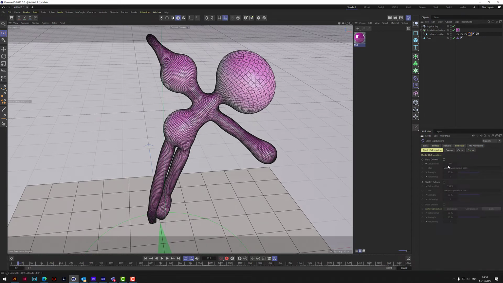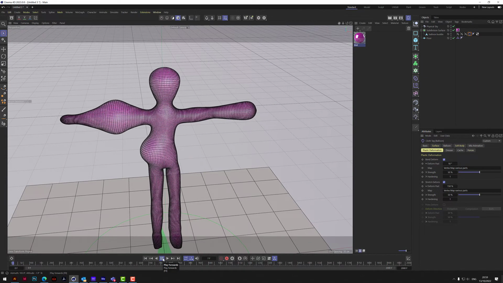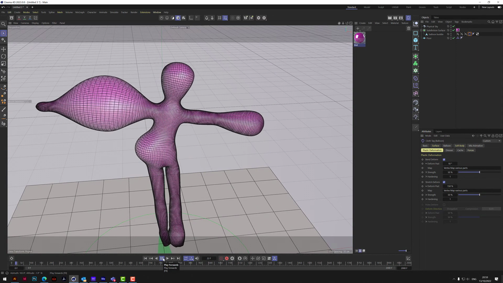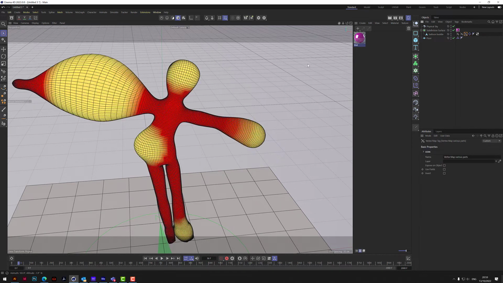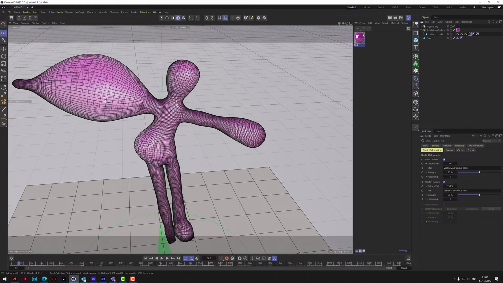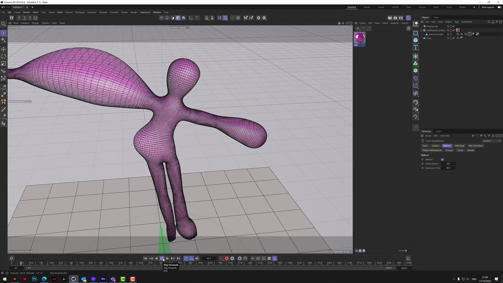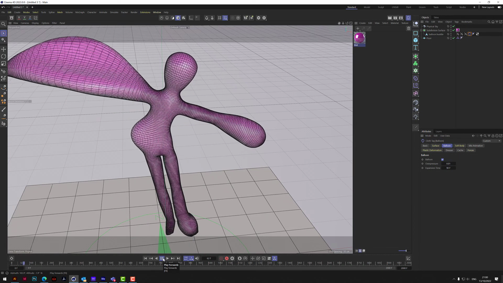When we go to plastic deformation, though, if we turn that back on, go back to the beginning, those areas which are being inflated, the same parts, yeah. When the plastic deformation is on, that's now permanently changed those areas. Okay, so that's what I really want to show: if we take the air out completely, you can go 0 and then press play, and then it will just shrink